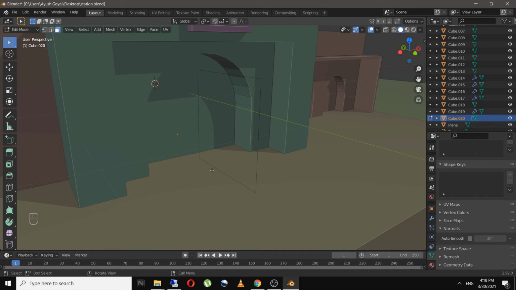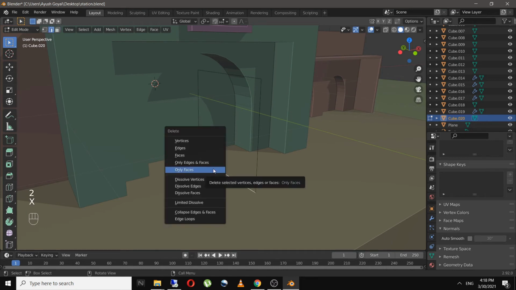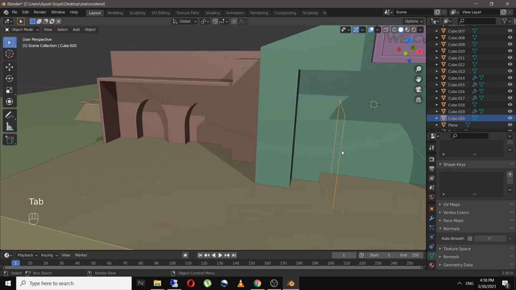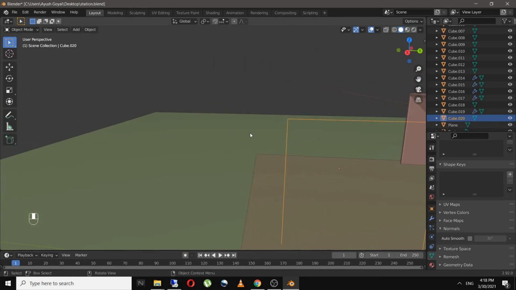So all we have left is this thing. Delete this edge. So we have this wireframe model.